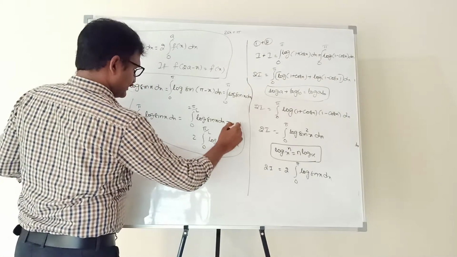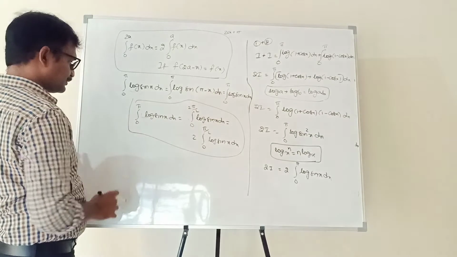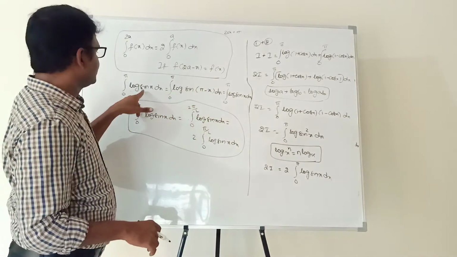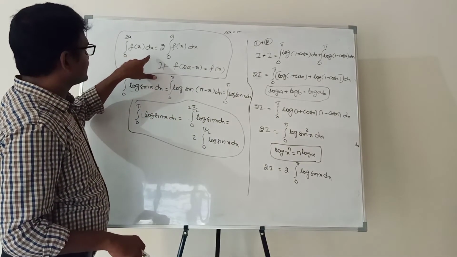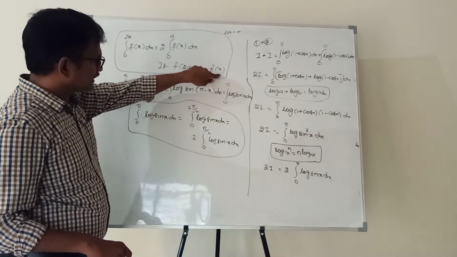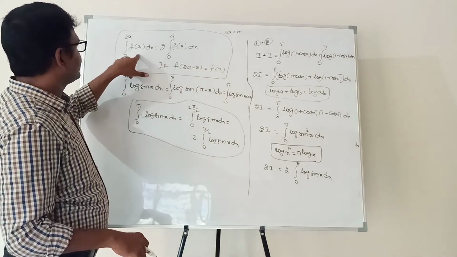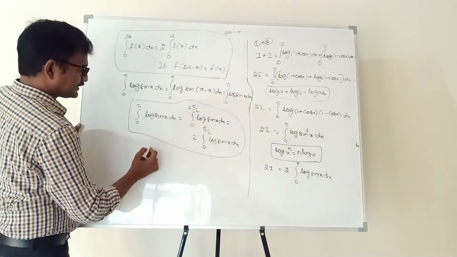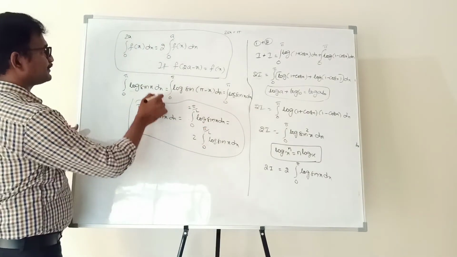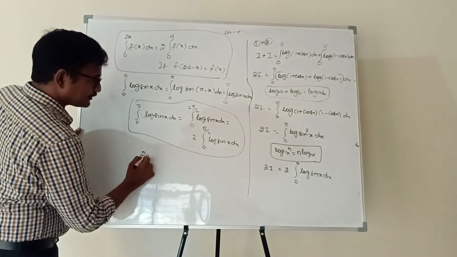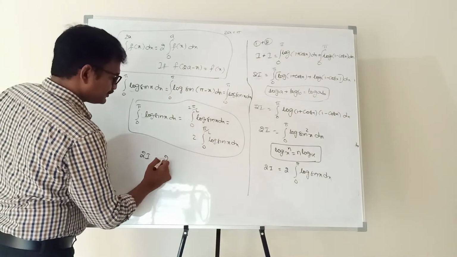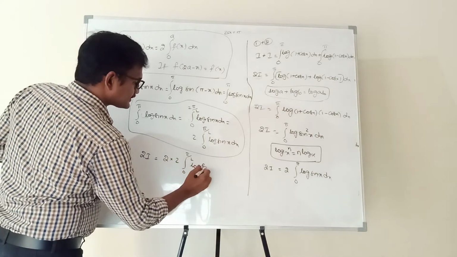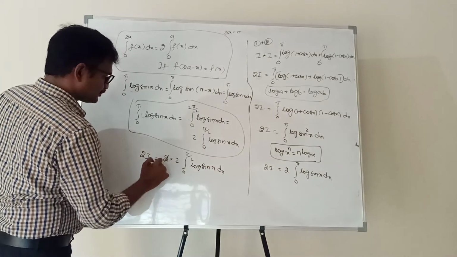When we write the integral from 0 to pi of log sin x like this, it means that if you get the same function when you replace x with 2a minus x, then we can write the integral of f of x dx as 2 times the integral from 0 to a of f of x dx, that means 2 times the integral from 0 to pi by 2 of log sin x. So 2I is equal to 2 into 2 times the integral from 0 to pi by 2 of log sin x dx. So 2 gets cancelled.